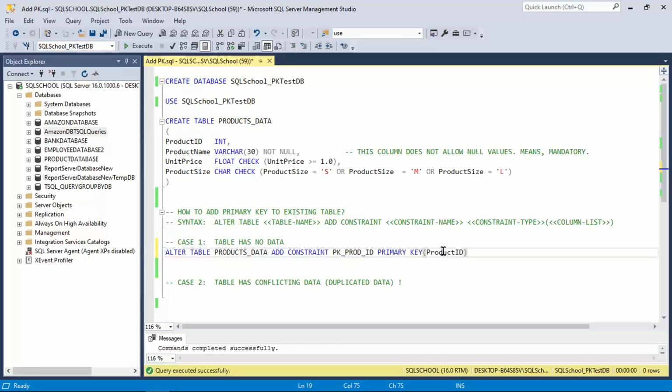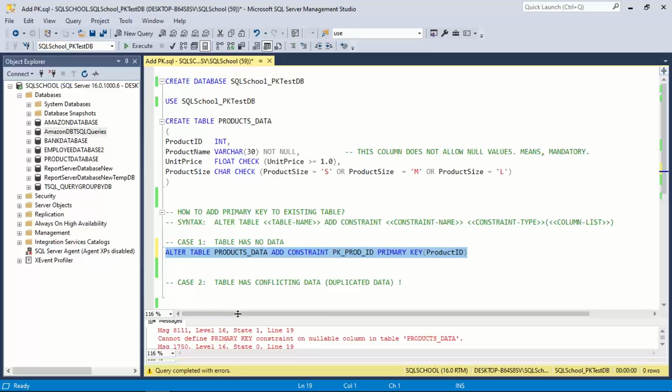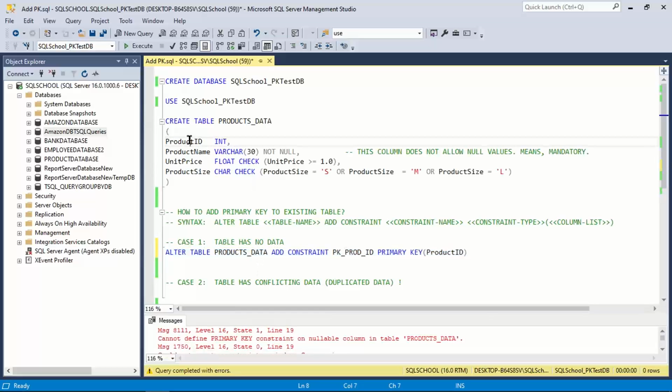But remember, this is not straightforward. We need to first make this column not null. By default, this column is of type null, it accepts null. We have to make it not null.